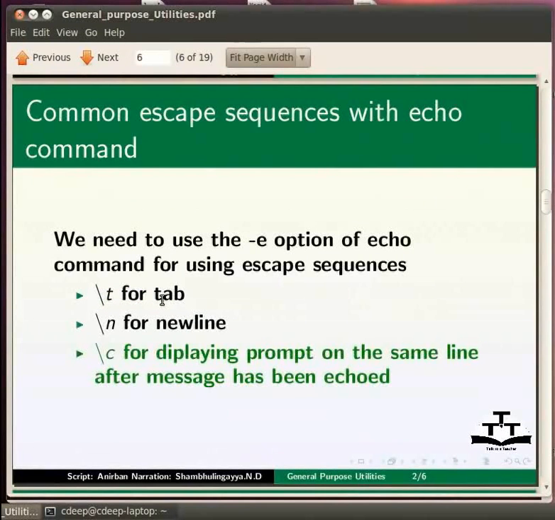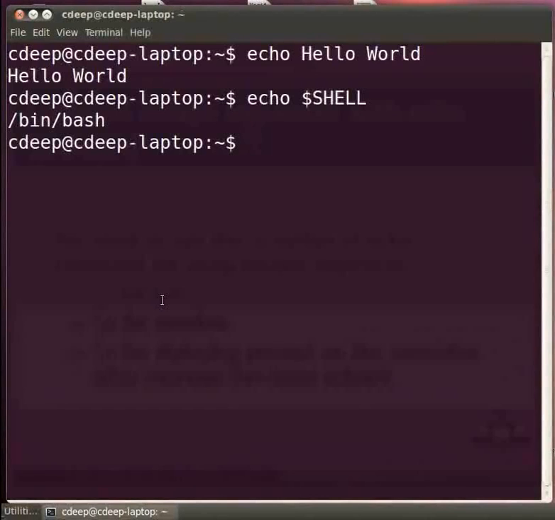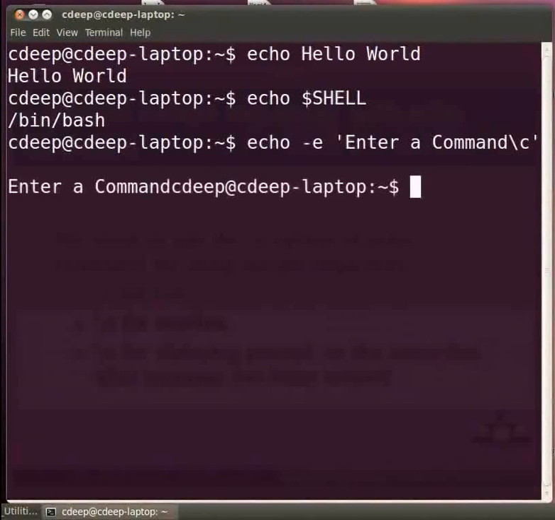Type at the prompt echo space -e within single quotes enter a command \c and press enter. We will see that the prompt will be displayed after printing enter a command on the